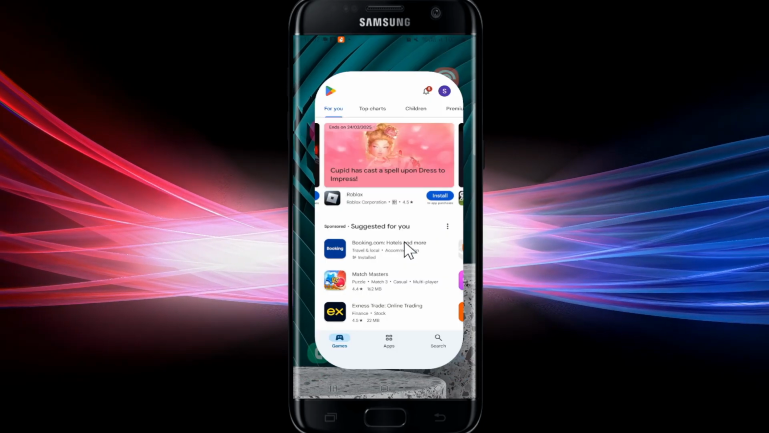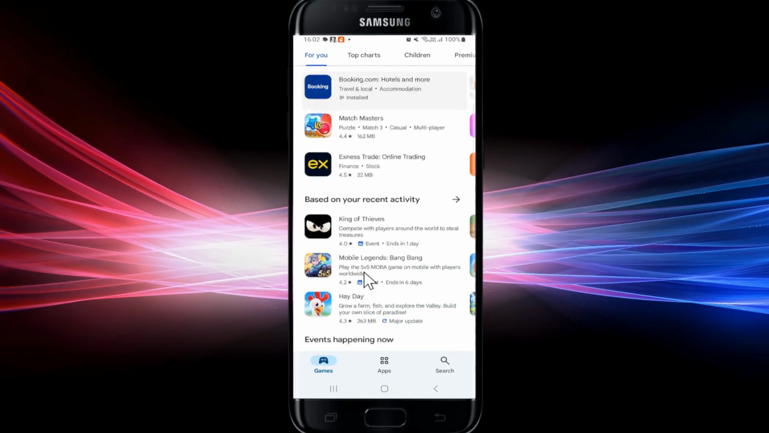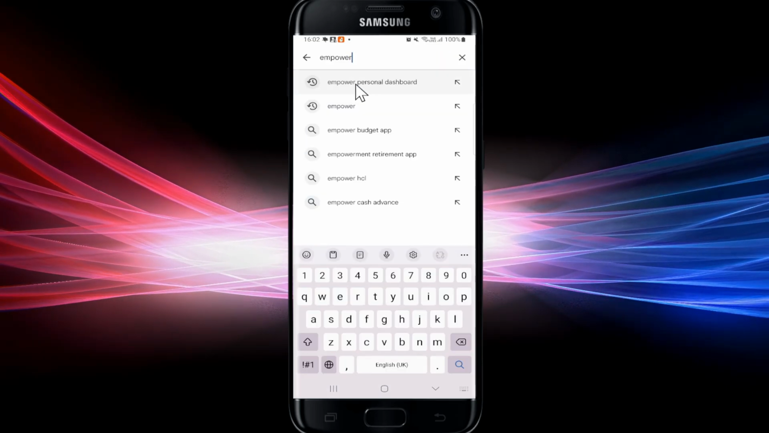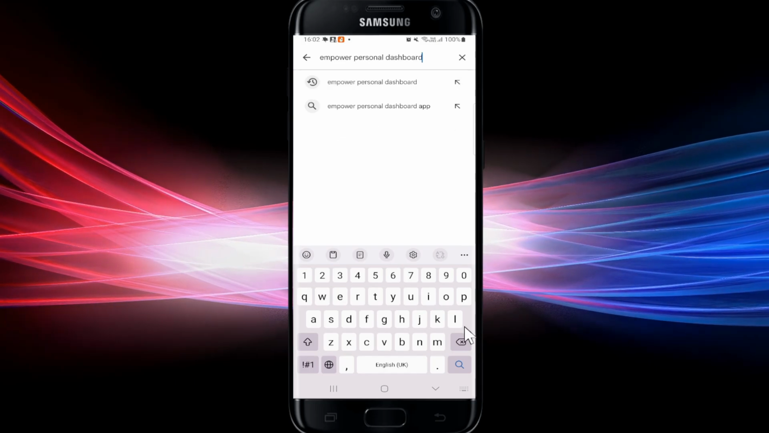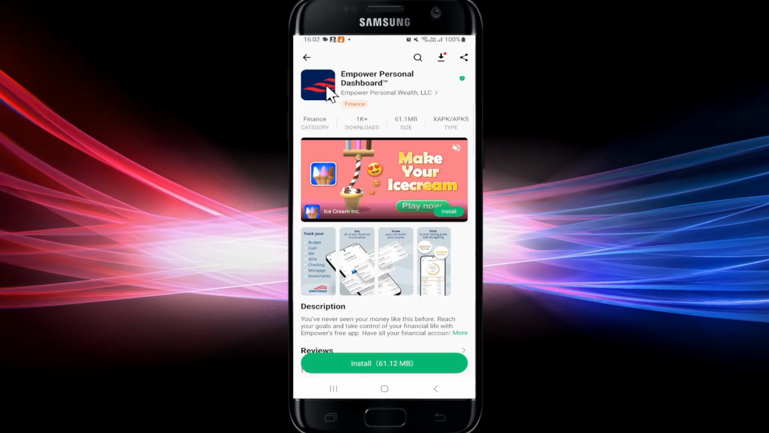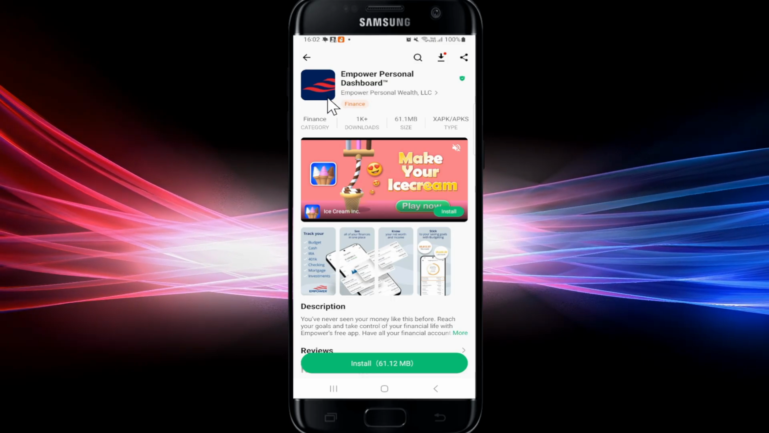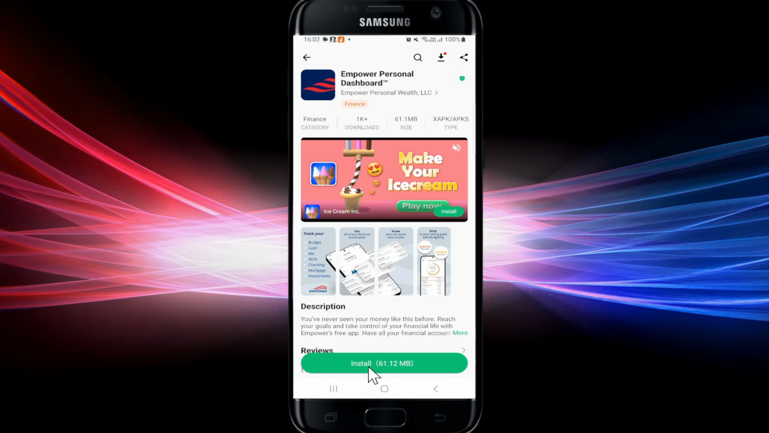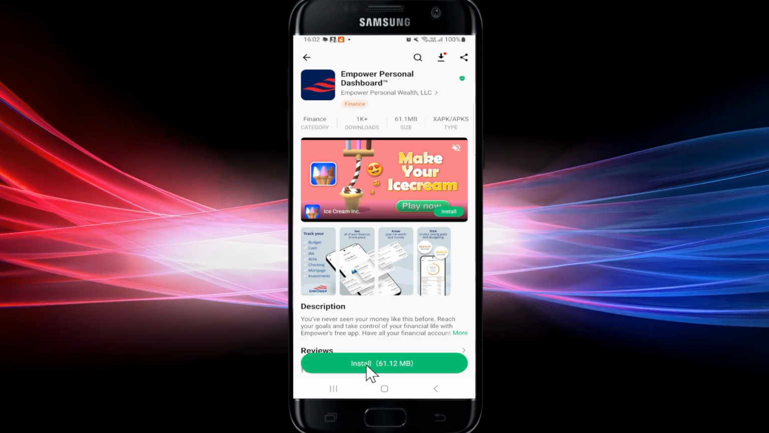First of all, open up the iOS App Store or the Google Play Store depending on your device, and then you can tap on the search box and type in Empower Personal Dashboard and start your search. Now you may find various other applications as well, but make sure to download this application with this particular logo from Empower Personal Wealth. Once you see the install button after clicking on the app, you can tap on the